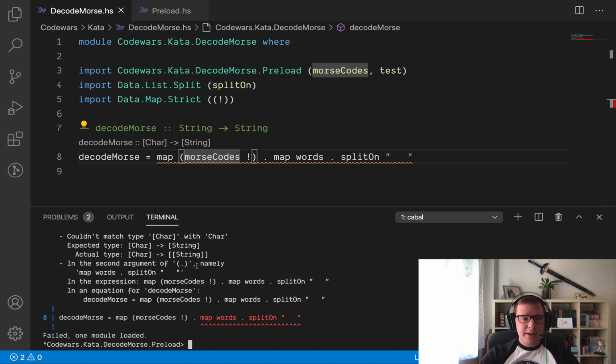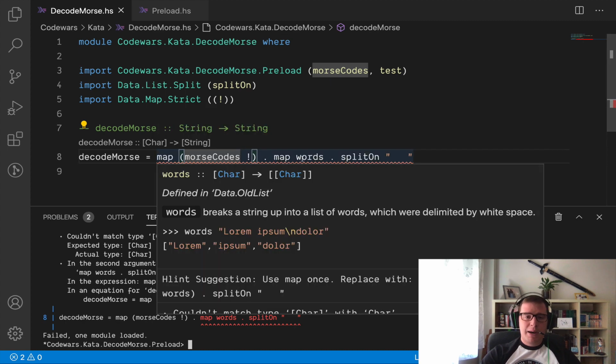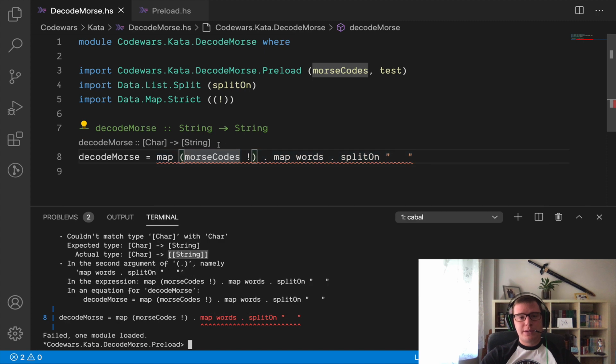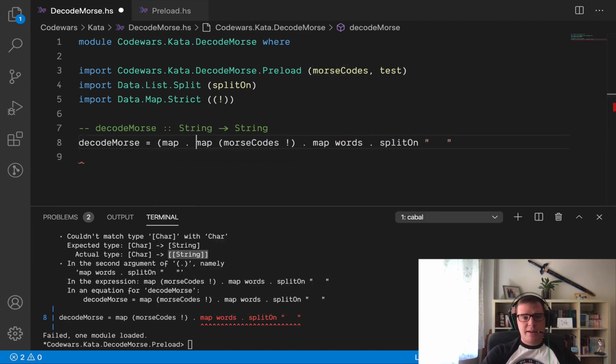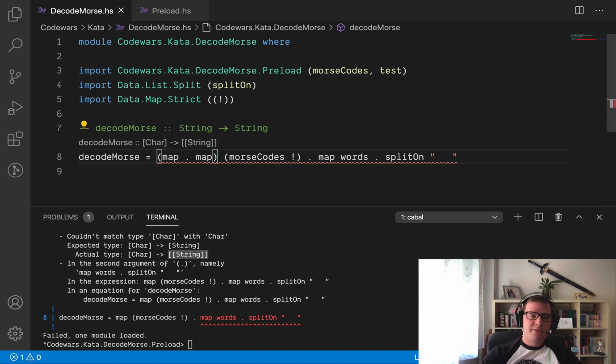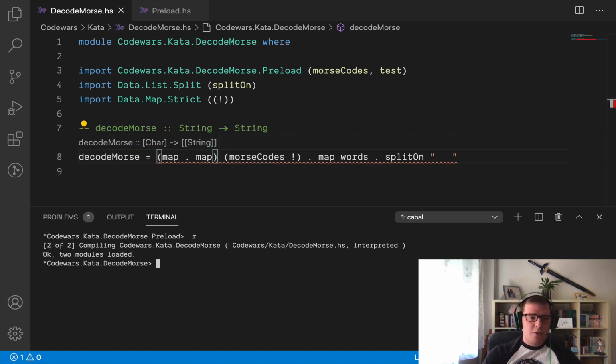So right now we're getting the same error as before. We're saying, okay, you are mapping something, but now we have a list within a list, so we need to map twice to actually apply our mapping function to where we want. So let's get a bit crazy with Haskell. And interestingly enough, if you decode